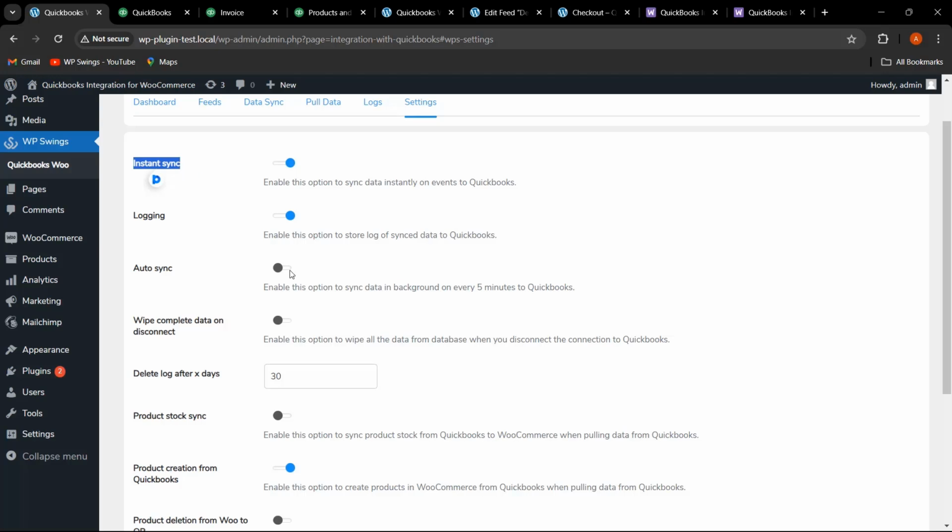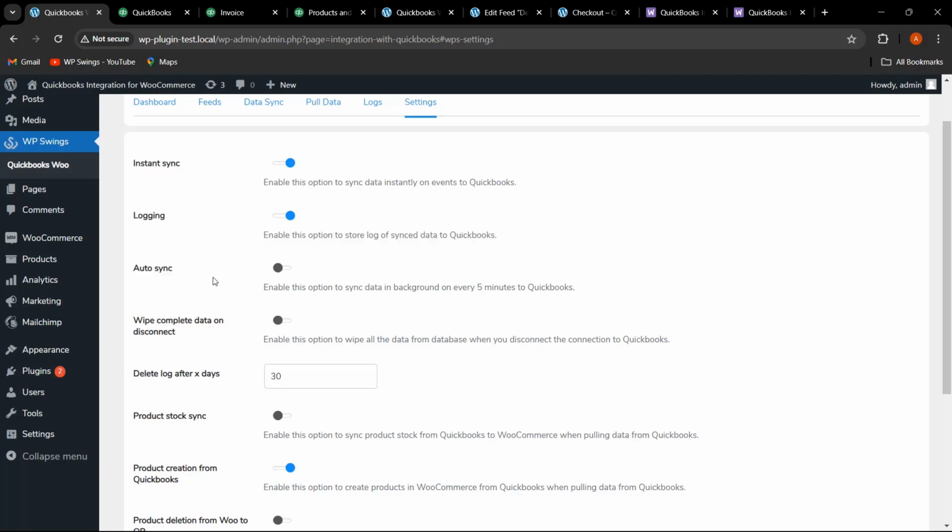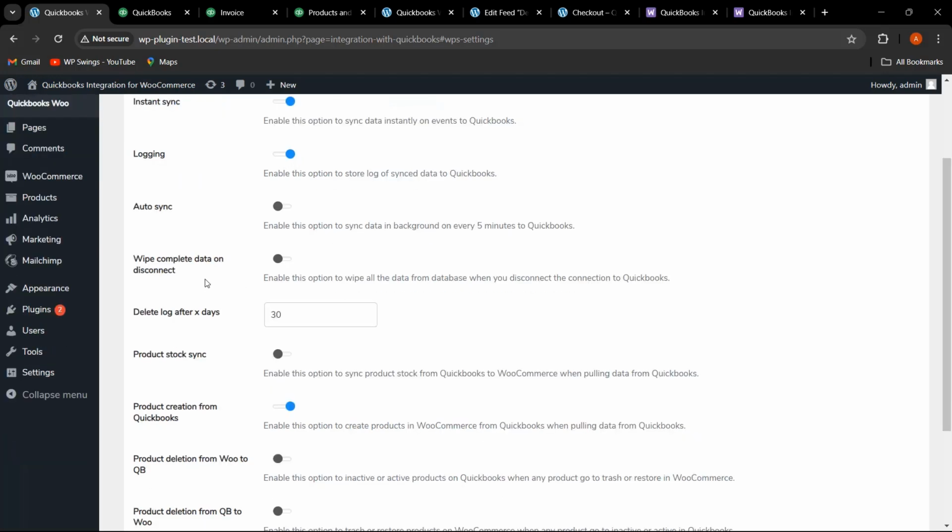Auto sync works every 5 minutes without any event. So every 5 minutes the syncing will be done in the background, and the data will be synced. And if you want to perform the instant sync on the basis of events, from here you can enable this. Next, if you want to delete the data when you are disconnecting the account, from here this